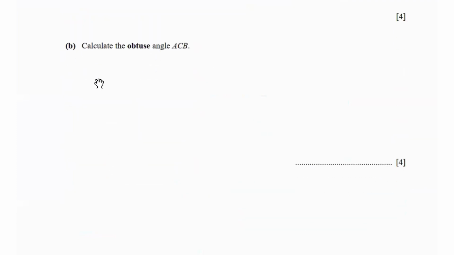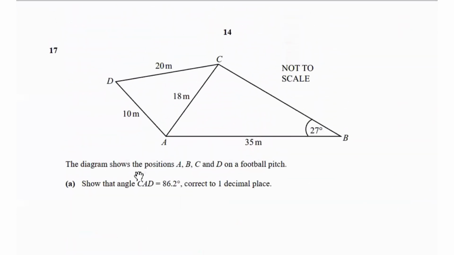Let's just calculate the obtuse angle ACB. This one, so this is 86.2. We have this complete set of angle and length. We have this length, we have to find the corresponding angle. So sine rule is applicable when you have one complete set of angle and length, which is already given for point P. So what we do is